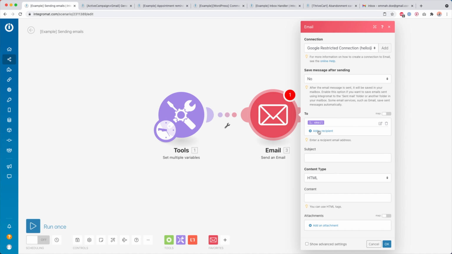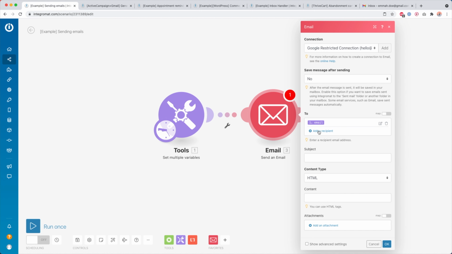So plain text, the name already says it. If you just, for example, say, hey, how's it going? I hope well, and then here say Max. So then if I'm going to send this email now, then we click here run once, then we test it, then you see the email has been sent. Then I go over to this inbox over here, and then you see over here that right now we have our plain text email.